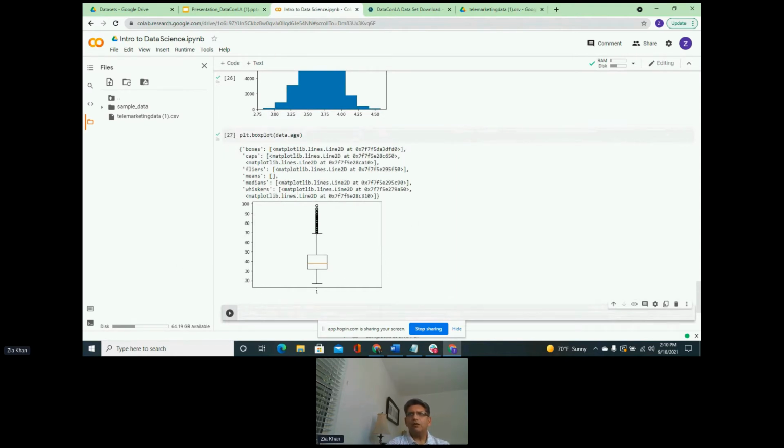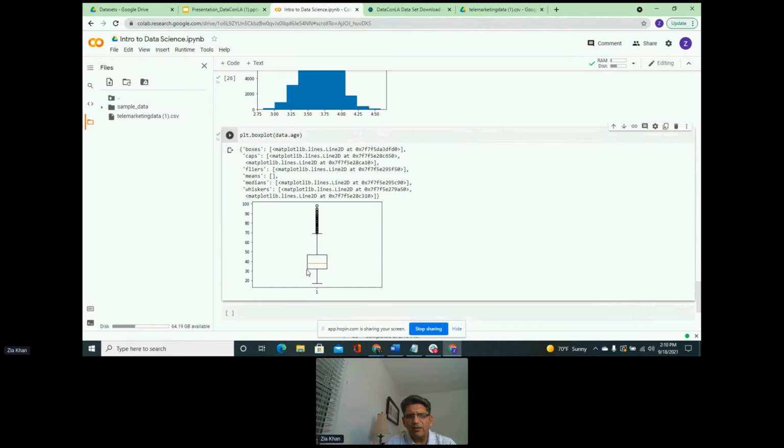So the box plot gives us some good information. This is our lower value, this bar or this line here, and the bottom line of this box is the 25th percentile.